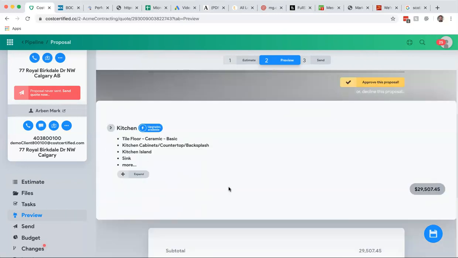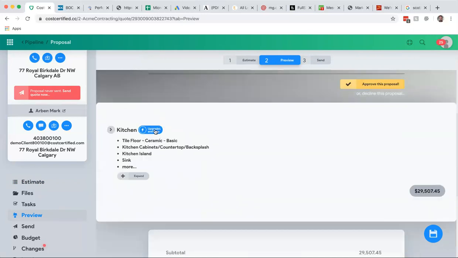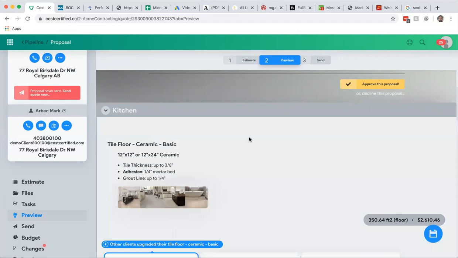And what do you know? They get this link that says, here's your kitchen. Oh, there's upgrades available. And by the way, they don't see any of this. This is just your view because you're previewing it in the dashboard. But your client gets a custom link, they click on upgrades, and it's the coolest thing to watch as your